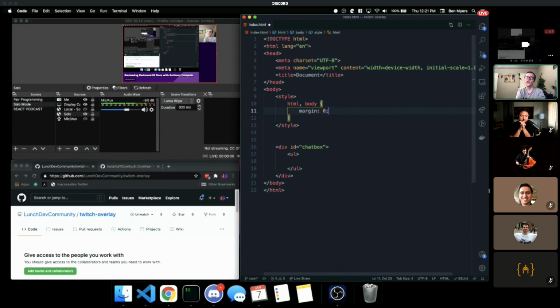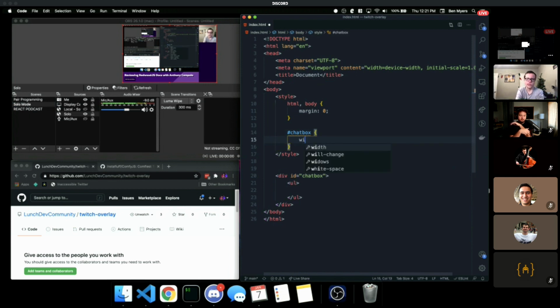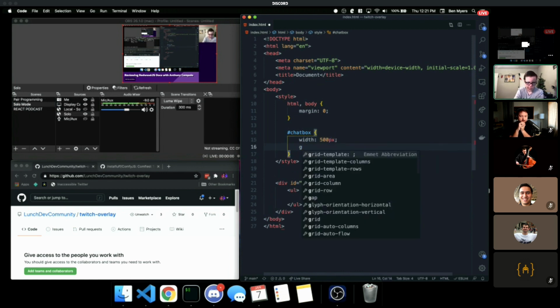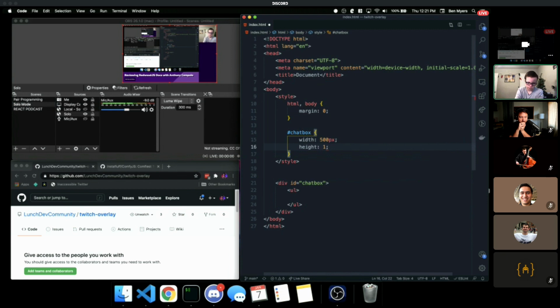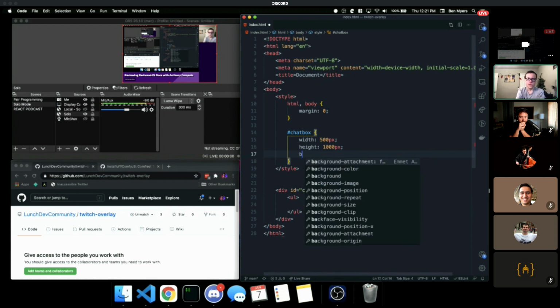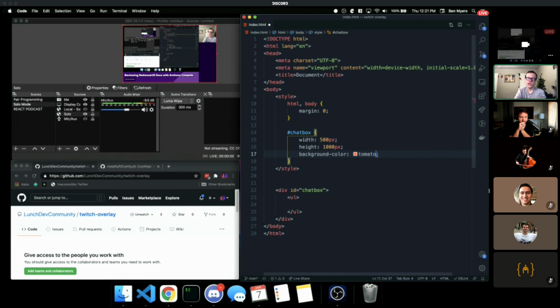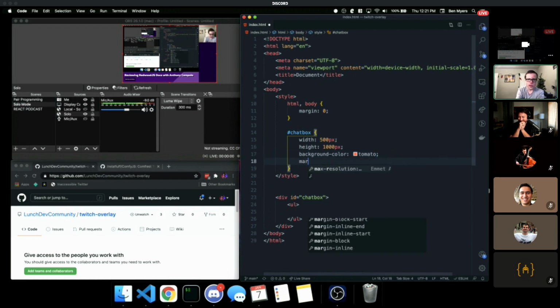And then I'm going to say chat box. I'm going to give this a fixed size here. So our chat box is going to be 500 pixels wide. We're going to say it's 1,000 pixels tall. We'll see if this works. And I'm going to give this a background color. My favorite CSS color lately has been tomato. So I'm going to go ahead and do this. And let's go ahead and give this